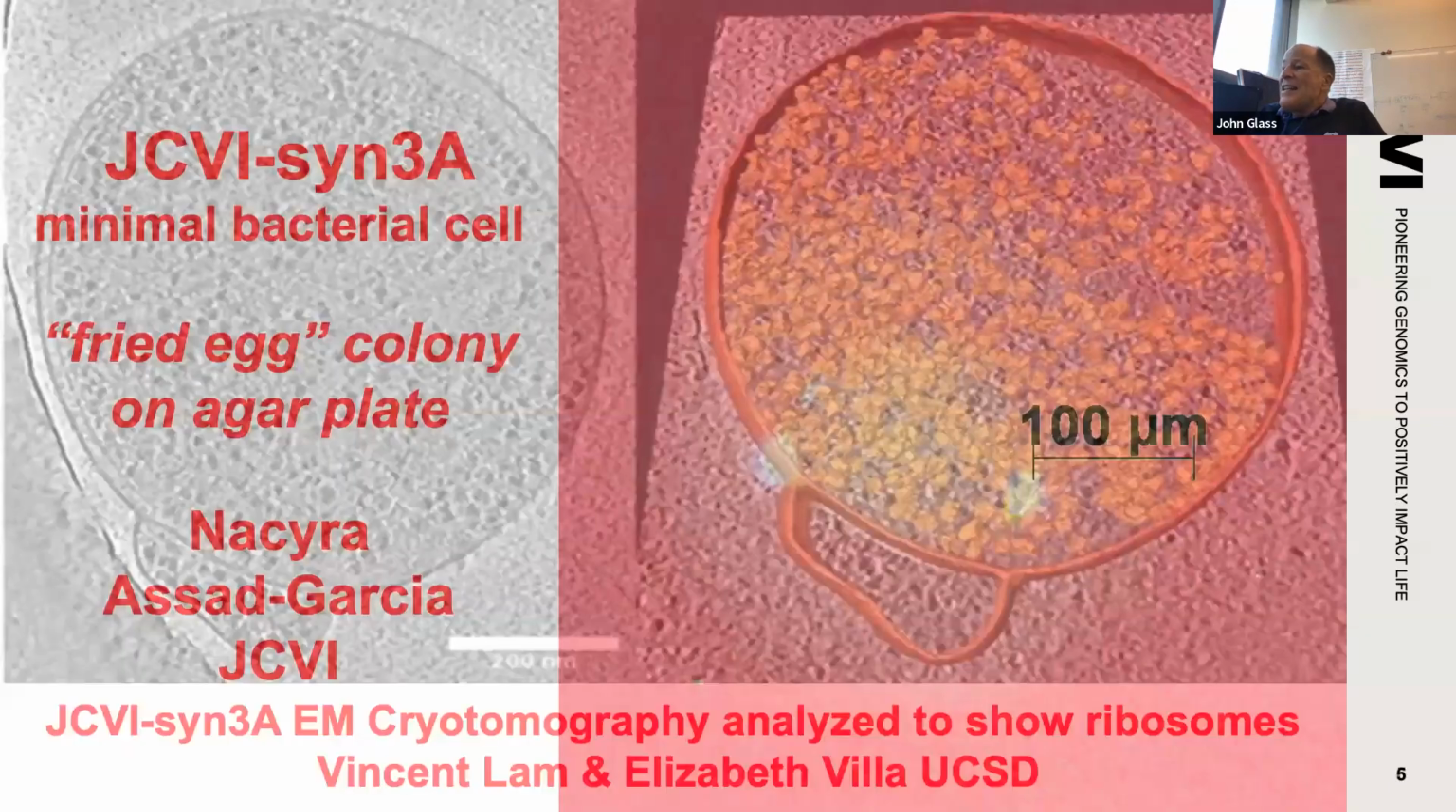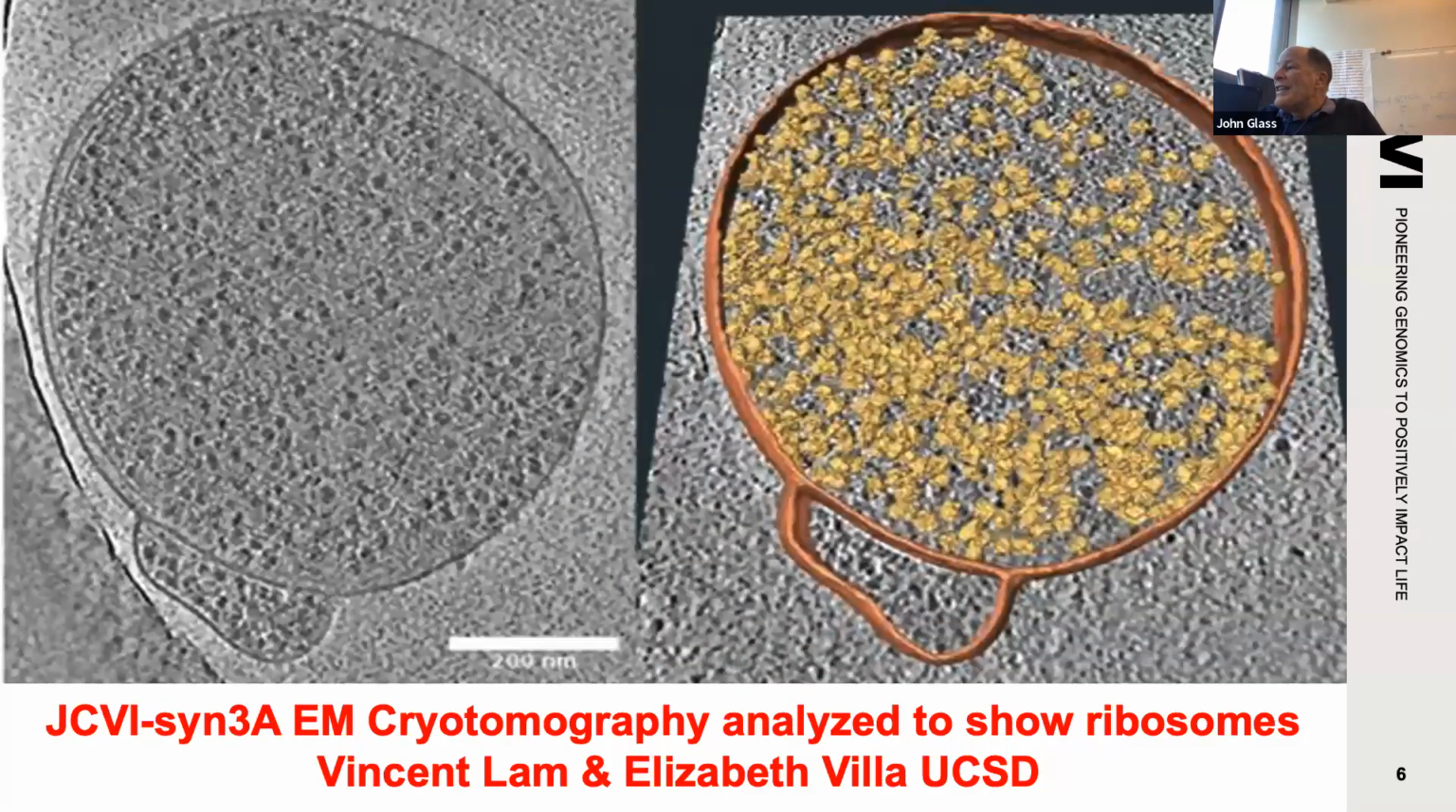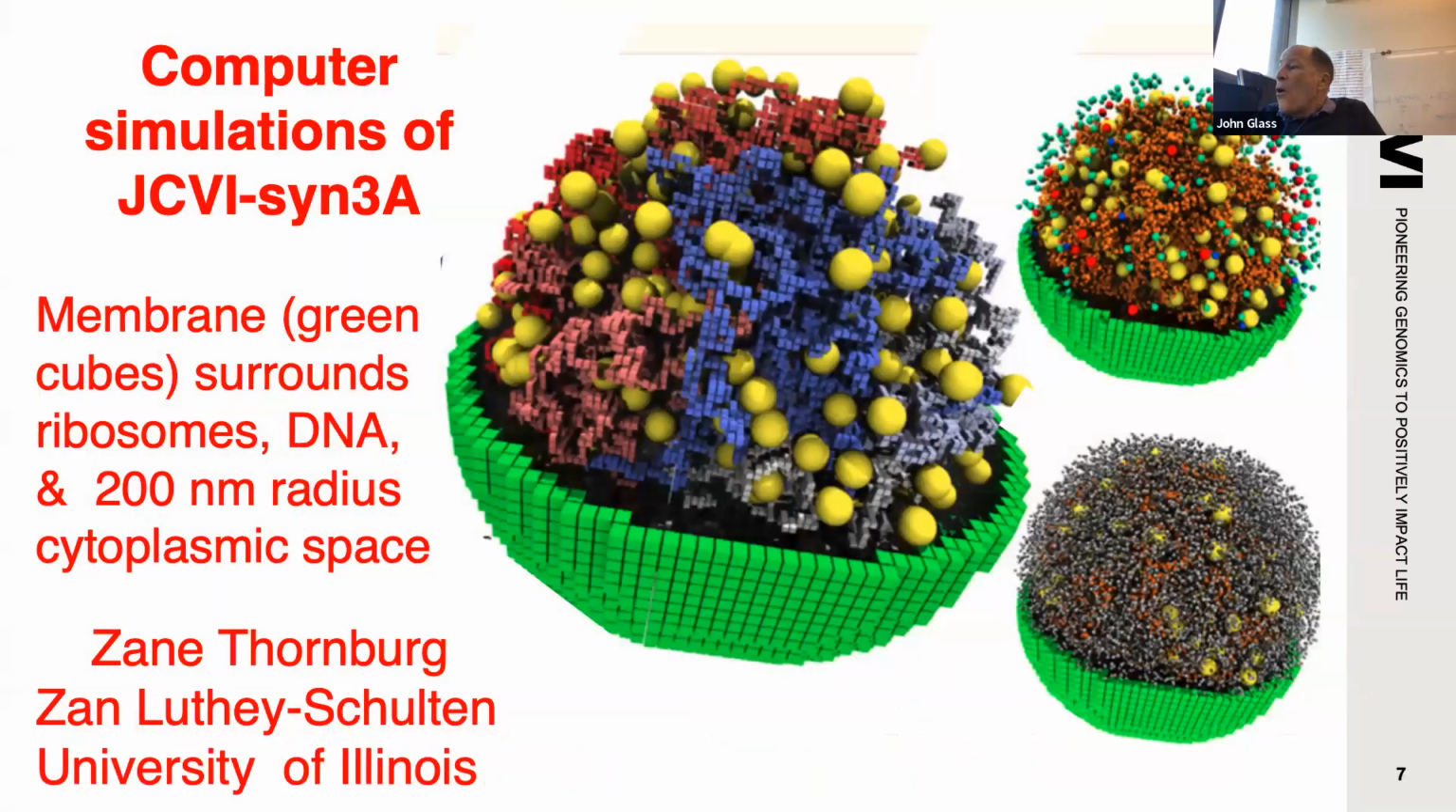And then this is some cryotomography, and the yellow dots are the ribosomes. This is how we showed where the ribosomes were and counted them in the cell. And then this is some whole cell computational modeling of our minimal cell. And I know that this group is very much interested in the idea of computational modeling and applying mathematics to